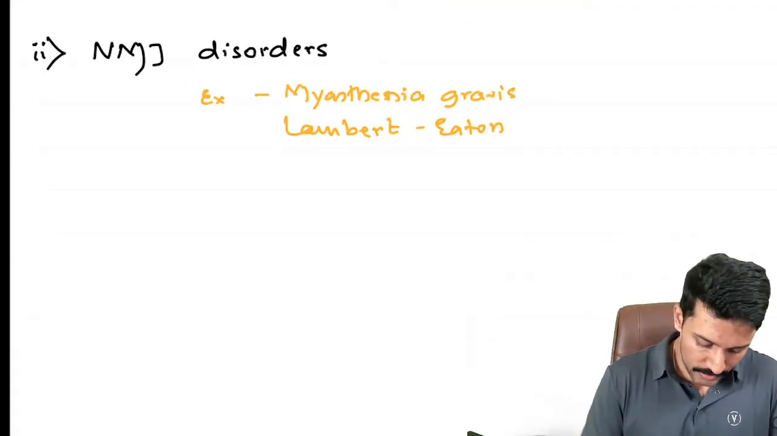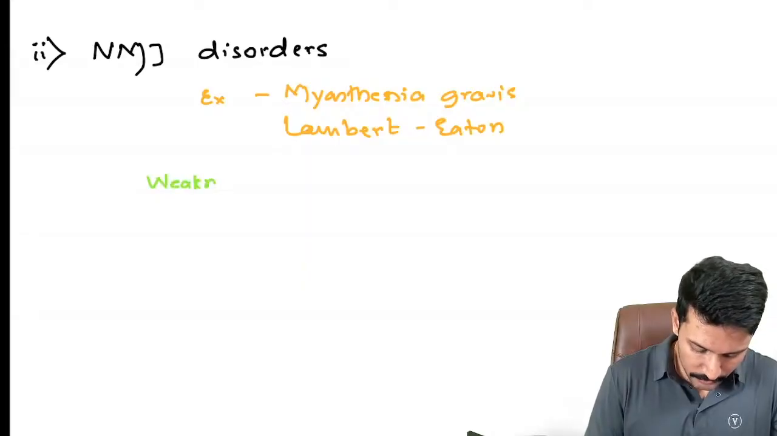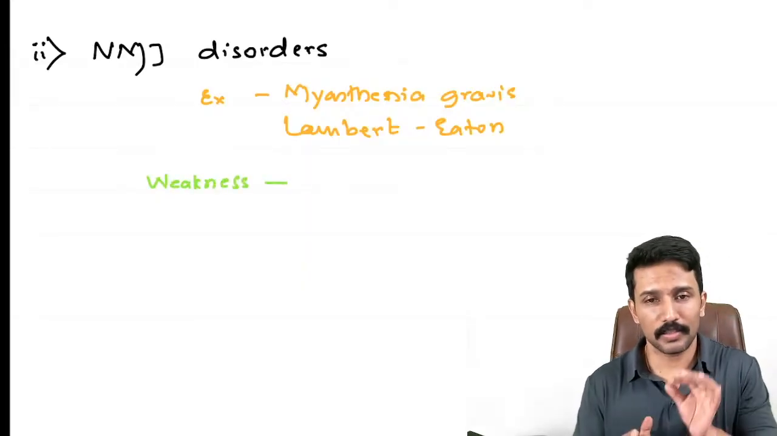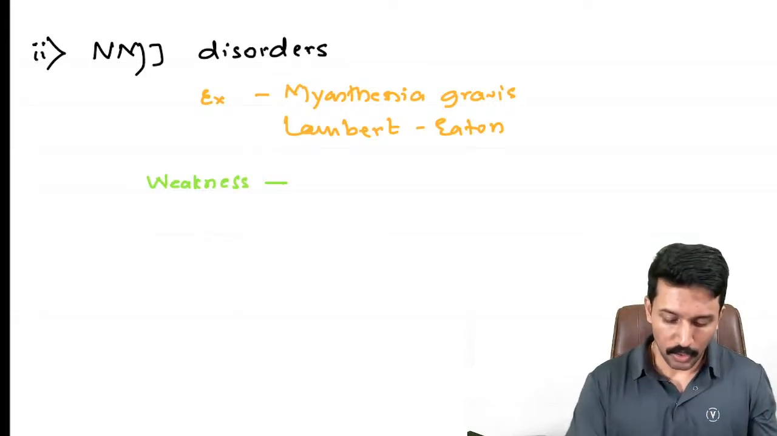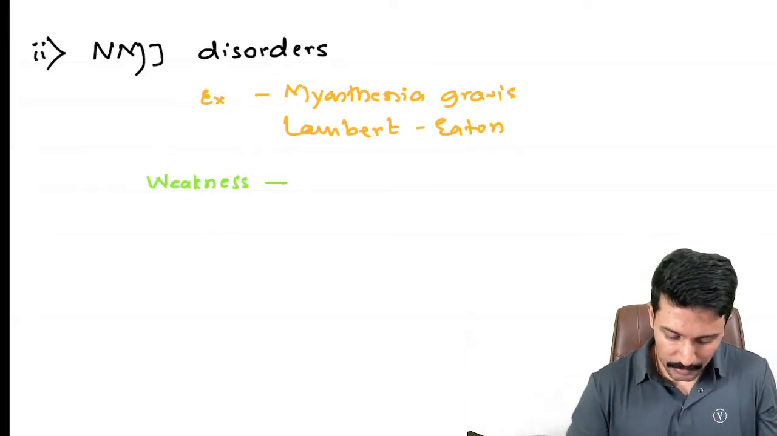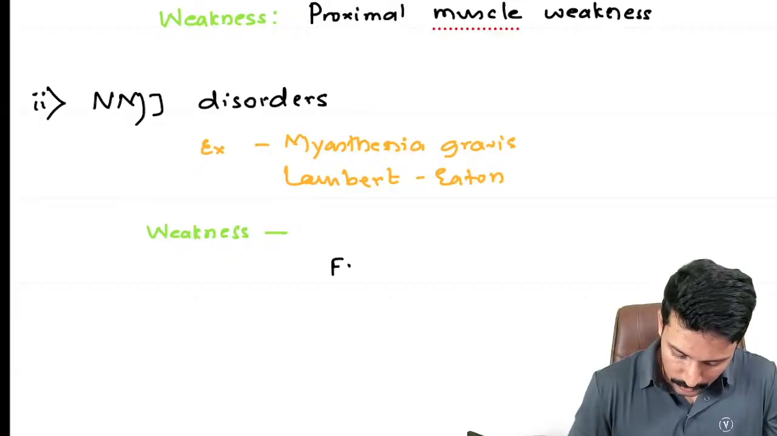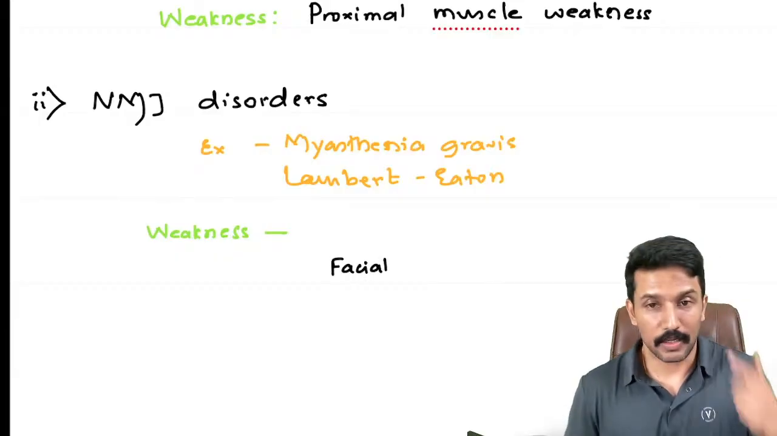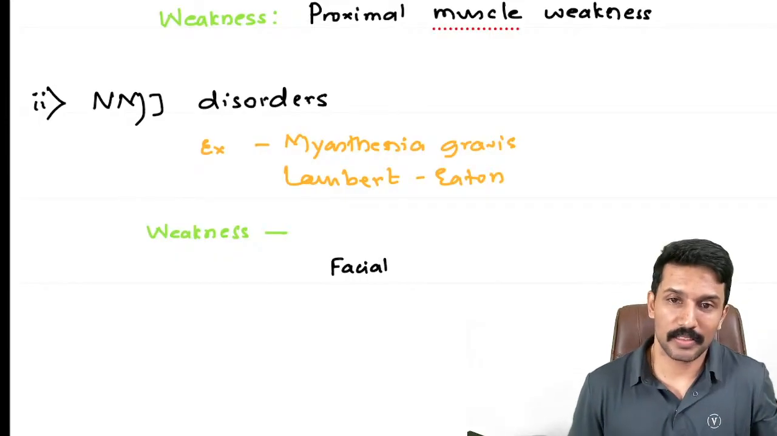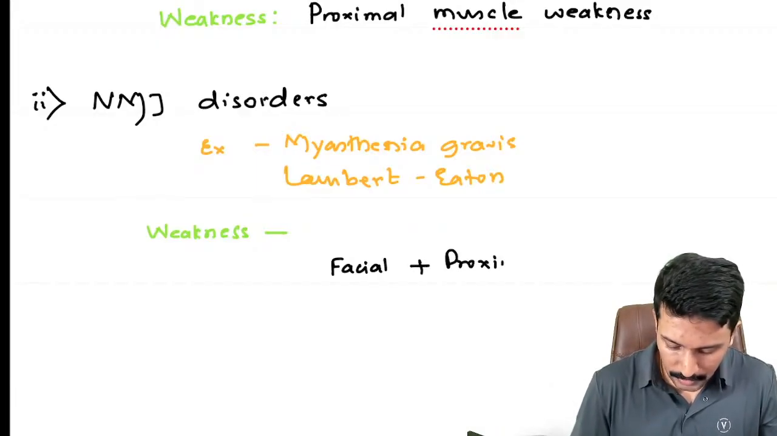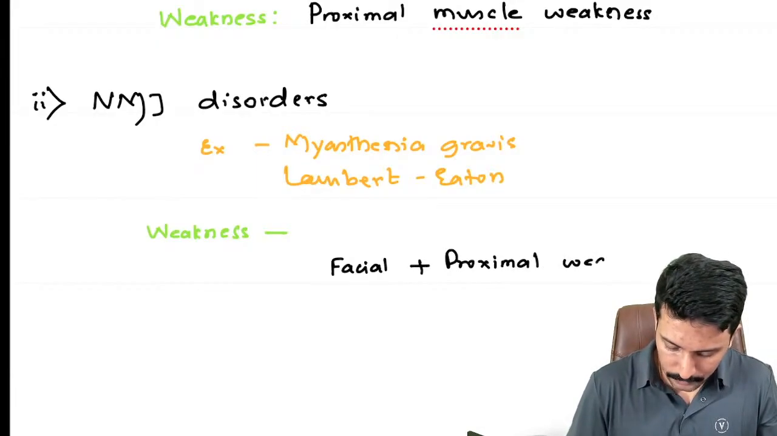These patients also present with weakness very similar to the muscle disorders, that is proximal weakness, but there are some additional features. What are those additional features? These patients' weakness includes facial muscles as well. Ptosis is the earliest symptom of myasthenia gravis, as you remember. So they will have facial plus proximal weakness, and along with that, these patients often have